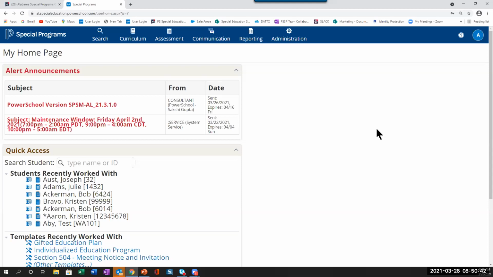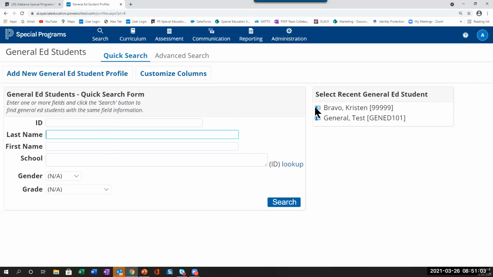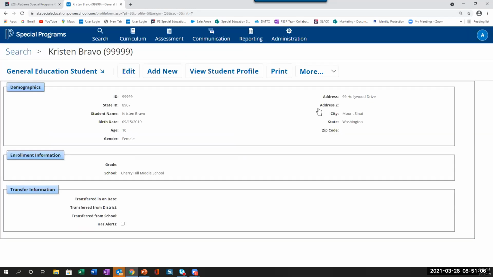All right, so here I am over in special programs. Let's review what I just said in the context of being able to see it. Under search, I see all of my data areas that store data. How does the data get there? Well, it gets there through integration, right? We know that now. In the general ed area, there is a general ed profile. We'll take a look at Miss Kristen. And the general education student profile, as I said, consists of some key data elements integrated over from PowerSchool SIS. Every time a student is enrolled,